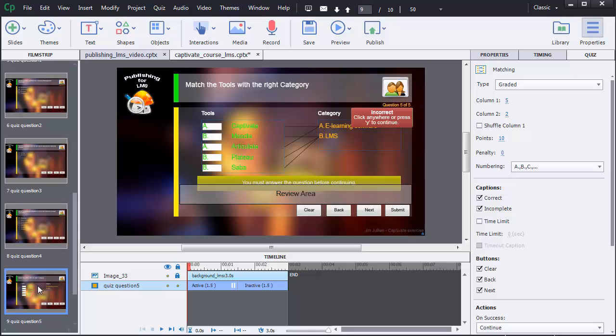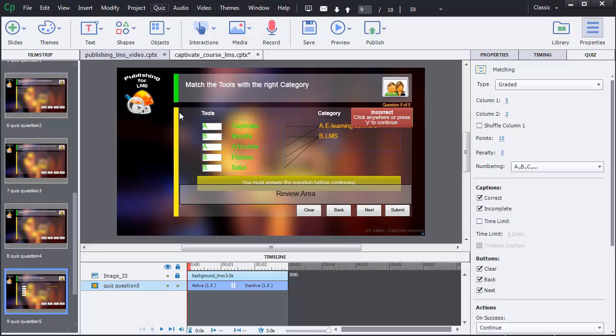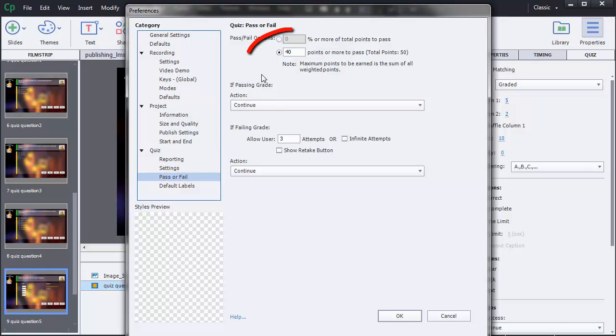That means that each time that a user will give a correct answer, he will get 10 points. Concerning the minimum score required to succeed to this quiz, I've defined it to 40 points. I have entered this number in the Quiz Preferences menu, and the Pass or Fail option.